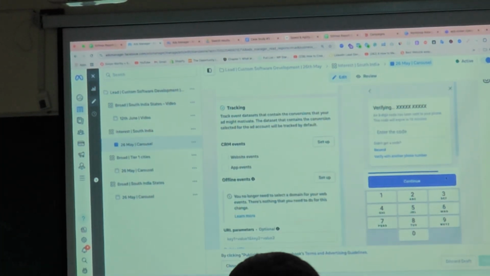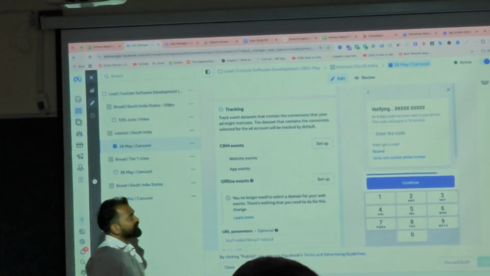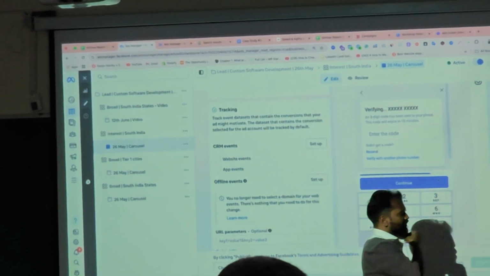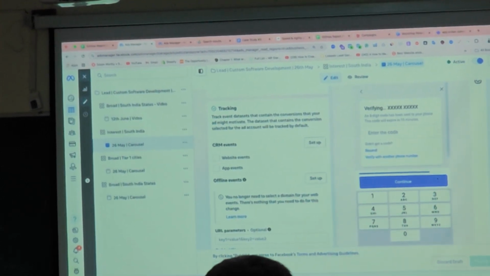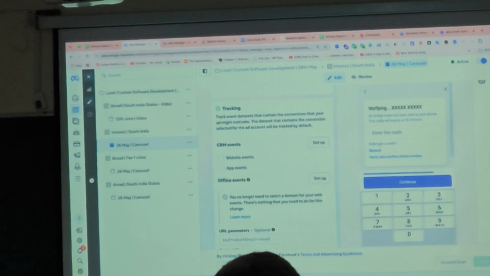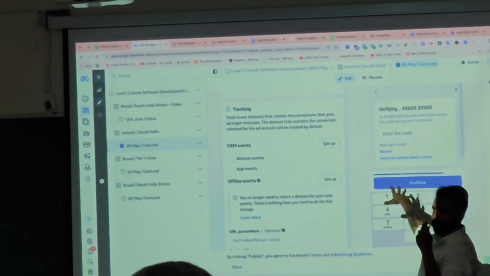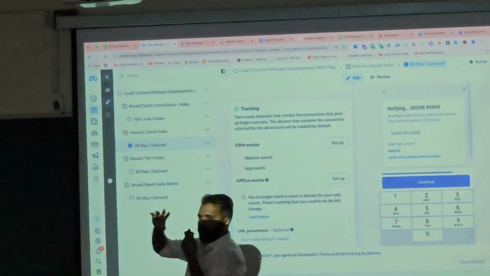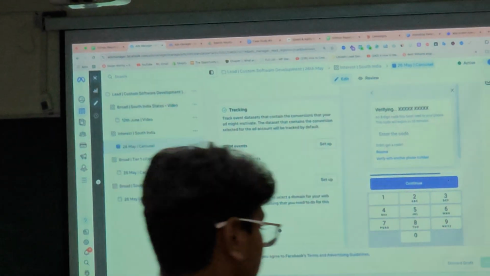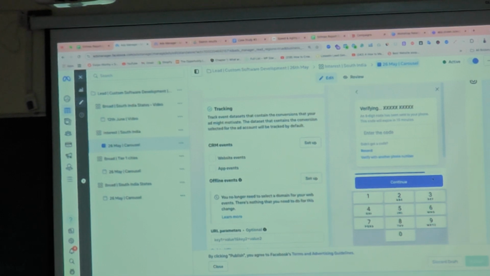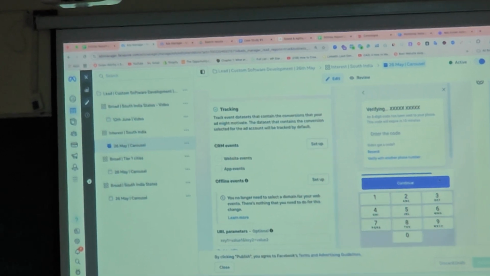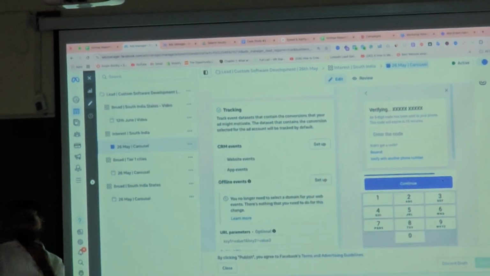This option is very important. So this is the verifying thing. When Meta launched this option, at that point of time, the user needed to enter this code manually, the OTP that they had received. Later they made it automatic. So basically when you log into any app like Swiggy or something, it automatically fetches the code, right?